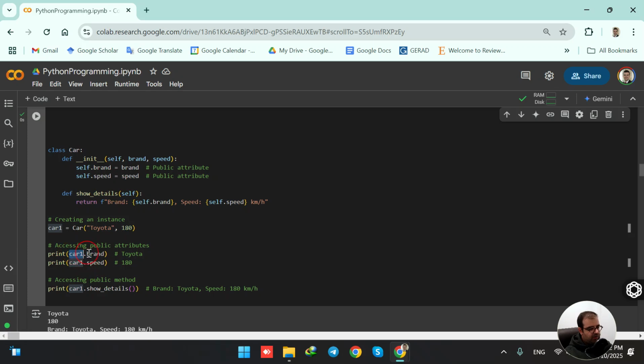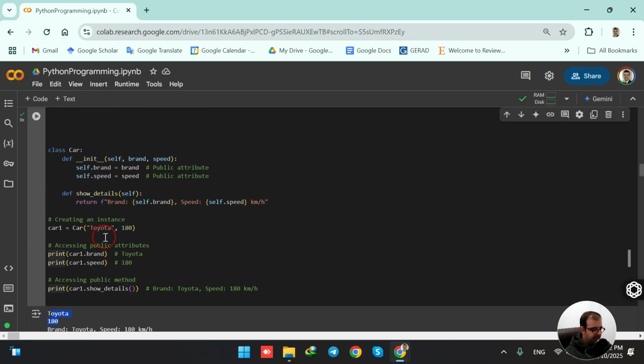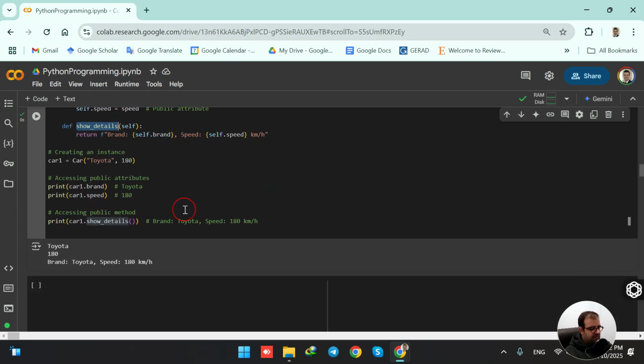So car1.brand and car1.speed, using the print function, we can see them in the output, Toyota and 180. And also we can access the function called show_details. Whenever this function is called, it is going to return this for us. So the brand and the speed of the